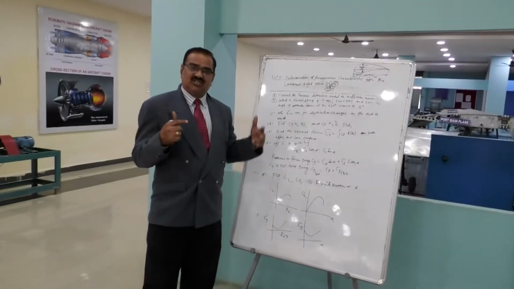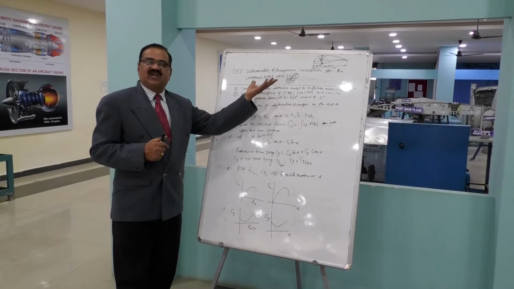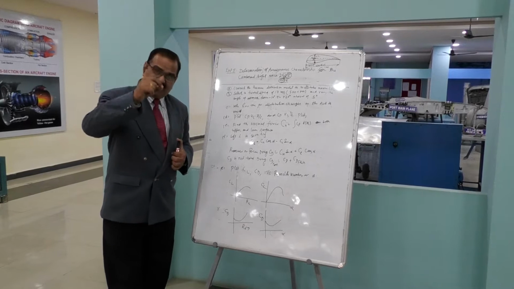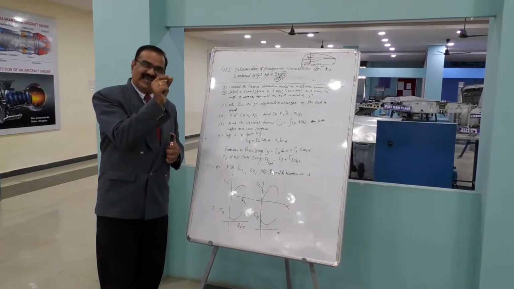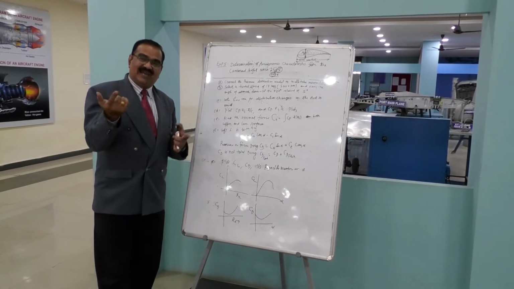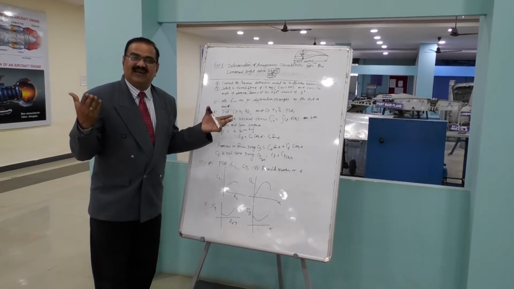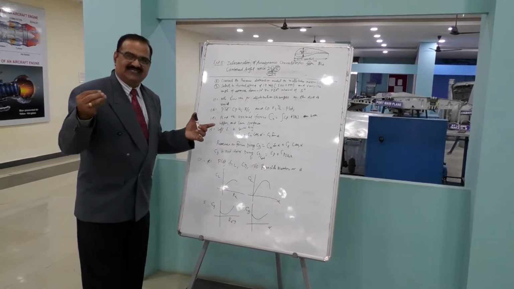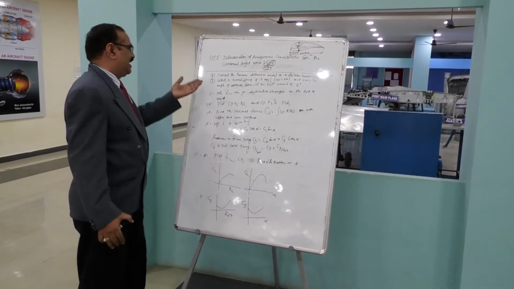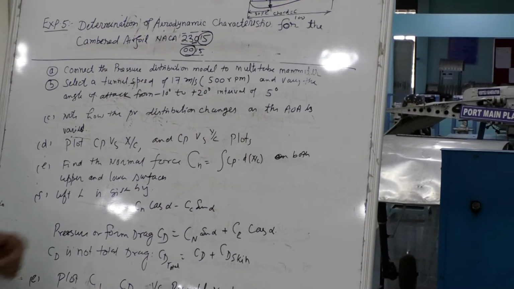In this, we will be taking the airfoil 23015, and this airfoil we will be fixing inside the wind tunnel. This airfoil has 22 inbuilt holes, and every hole is connected with a pipe and plastic tube, and this plastic tube will be attached to the 30 tube manometer which we have in the lab, and I will be showing it in a few minutes. So the procedure which we have to follow is: A, connect the pressure distribution model to the